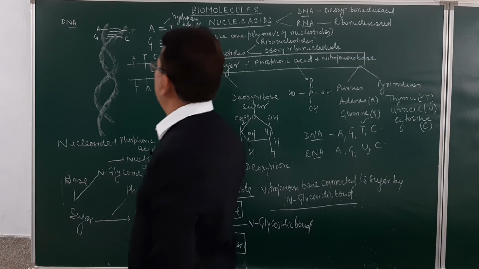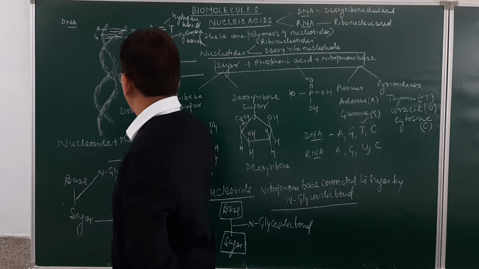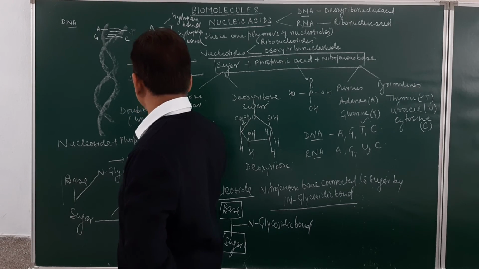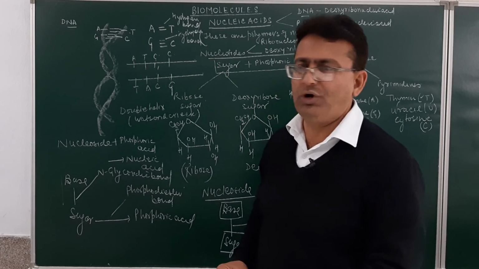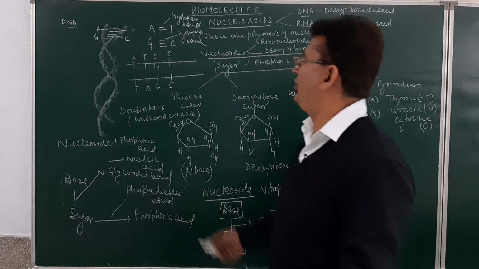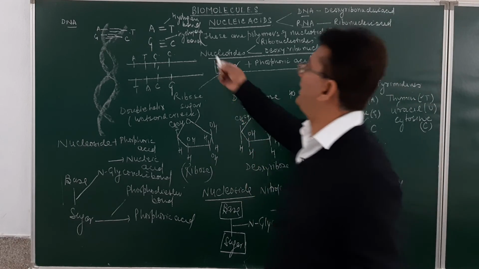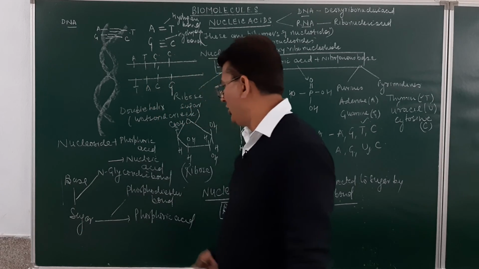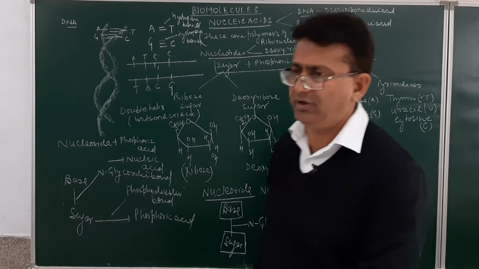As far as DNA is concerned, it has a double helix structure. And this double helix structure was given by the scientists Watson and Crick. This is what is in the reduced syllabus. What type of bonds are these? These are the hydrogen bond. Here base is connected to sugar by N-glycosidic bond. Sugar is connected to phosphoric acid by the phosphodiester bond over here.